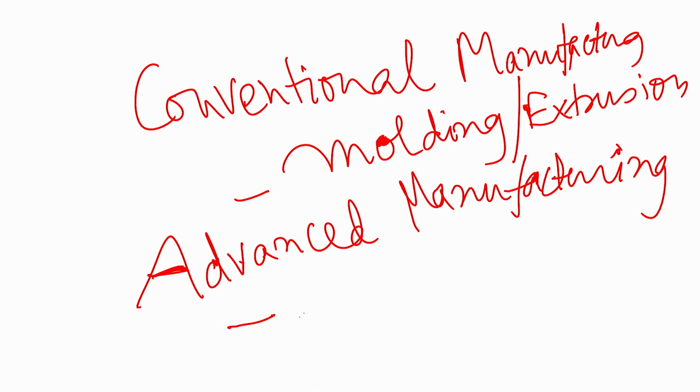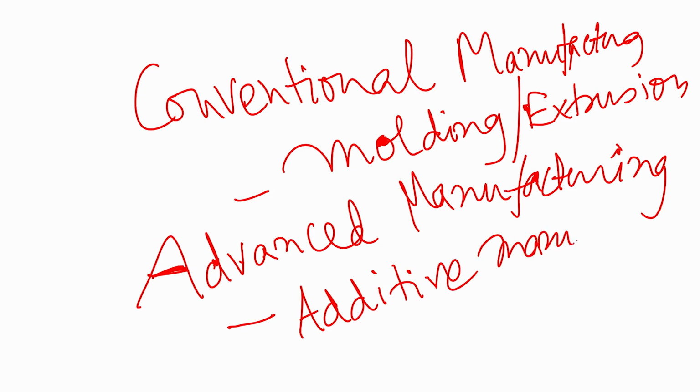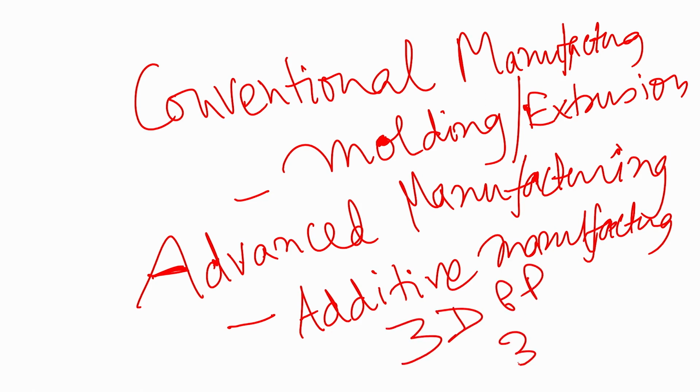In advanced manufacturing, we have mostly learnt about additive manufacturing techniques, and AM is actually a more generic name. Some of the things that we learnt are 3D powder printing and 3D plotting. These are two layer by layer fabrication techniques which can be adapted very easily for polymers as well.